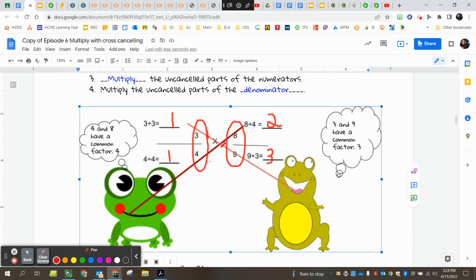So instead of doing 3/4 times 8/9 and ending up with 24/36, which is fine because we can still reduce or simplify from there, now we have 1 and 2 on top, and 1 and 3 on the bottom, right? Because we've learned that our next step is multiply across,